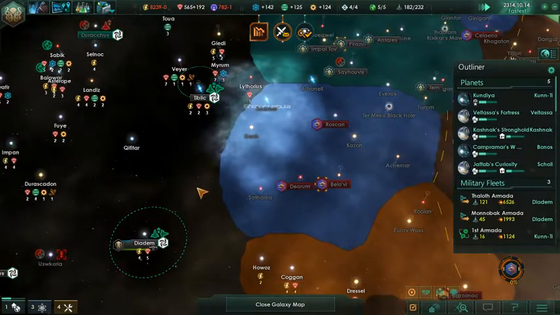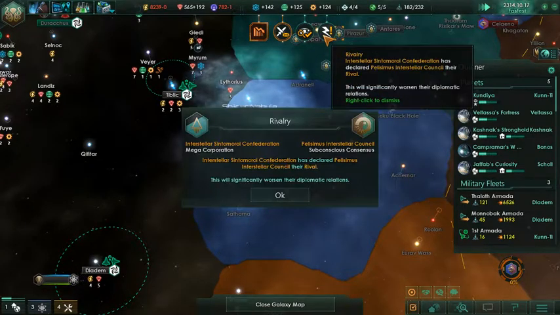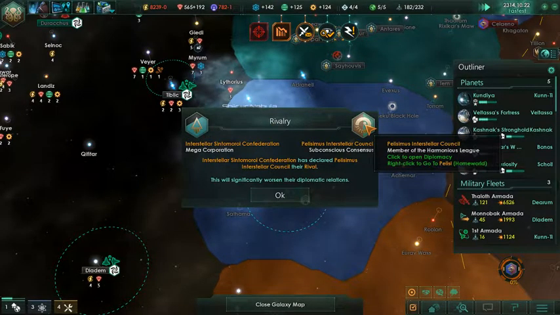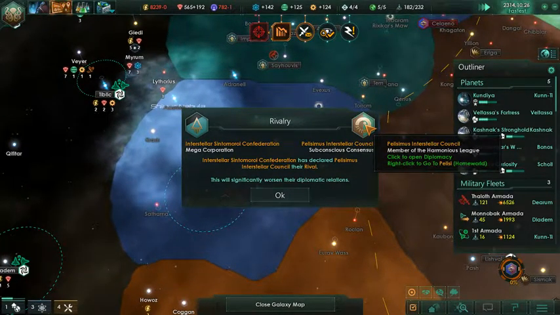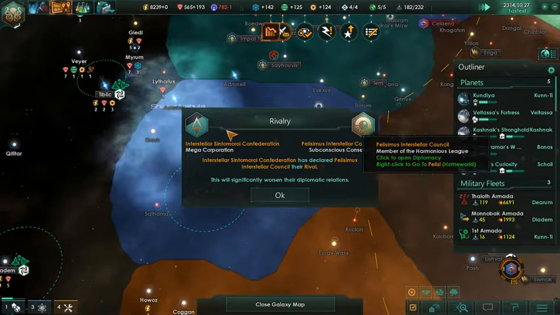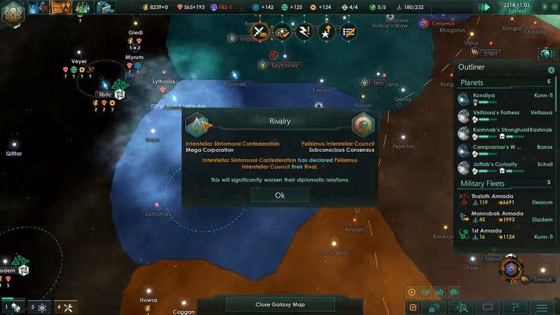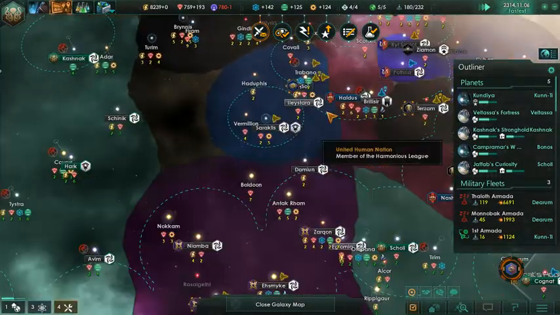System survey complete. And while I'm waiting for this, Interstellar has declared fleet Christmas hostile. Engaged. Ooh, this is good. I want these guys to go to war with these guys, only because these guys are part of the Harmonious League. Sounds kind of terrible for me to say that, considering the name. But these guys are pretty big. If these guys can grab these guys' attention, then I can come in and I can grab the United Human Nations, and I can